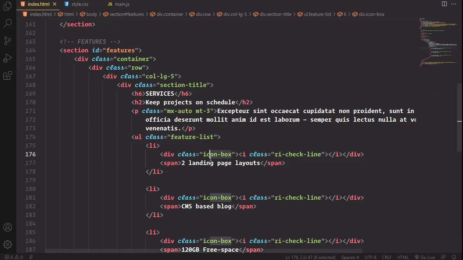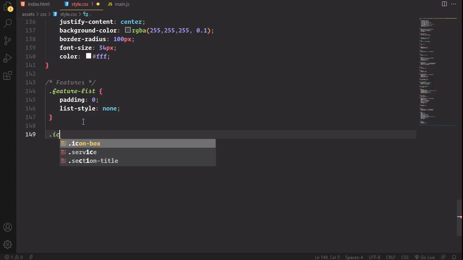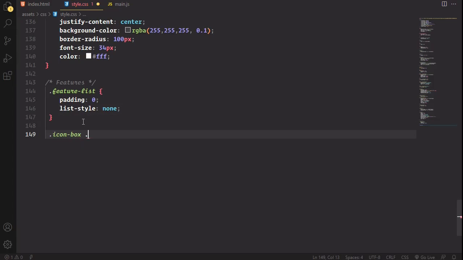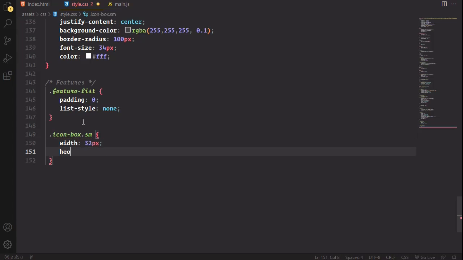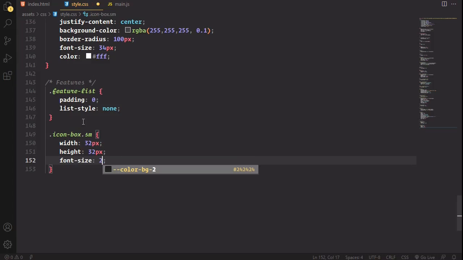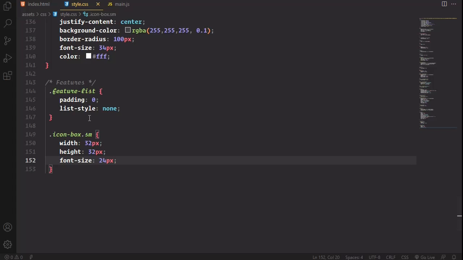and then I'm gonna add a class to the icon box. This will be SM. I'm gonna select the icon box SM class. I'm gonna give a width 32 pixel, height 32 pixel, and font size 24 pixel. Save it. Okay,